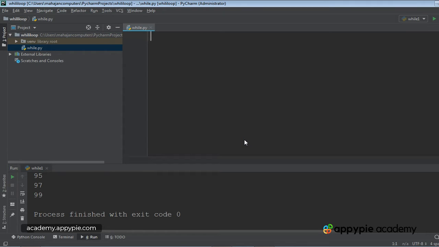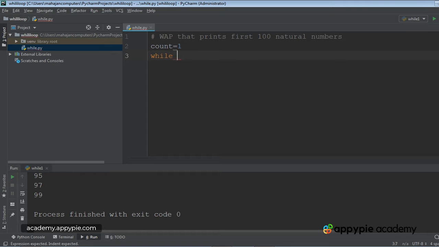So it's very simple to apply while loop, but I will explain it through an example. So I'll write a program that prints first 100 natural numbers. So first 100 natural numbers are 1 2 3 4 5 6 7 8 9 10 till 100. So what I am going to do is I'm going to take a variable with any name. I have taken the name to be count. Count is equal to 1.